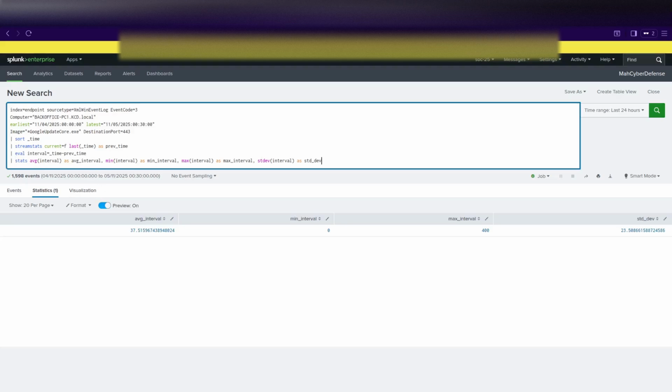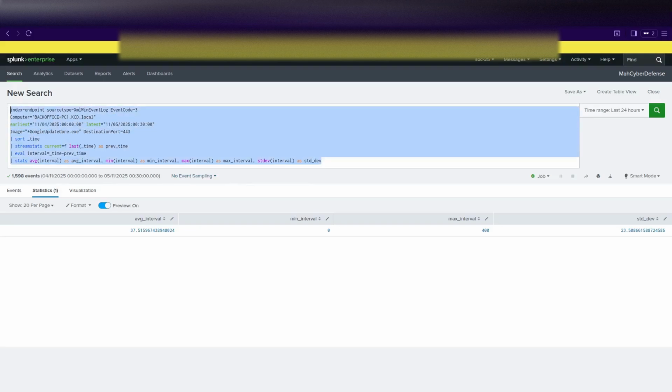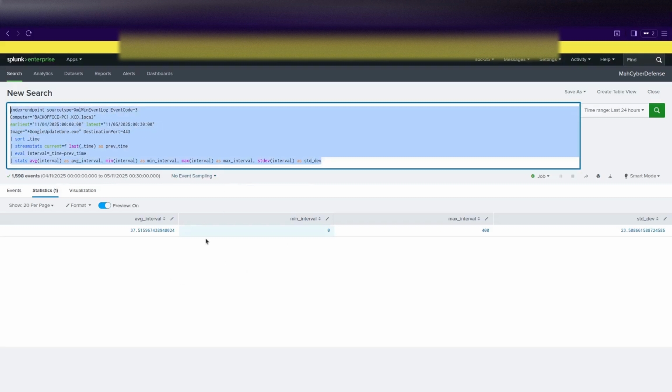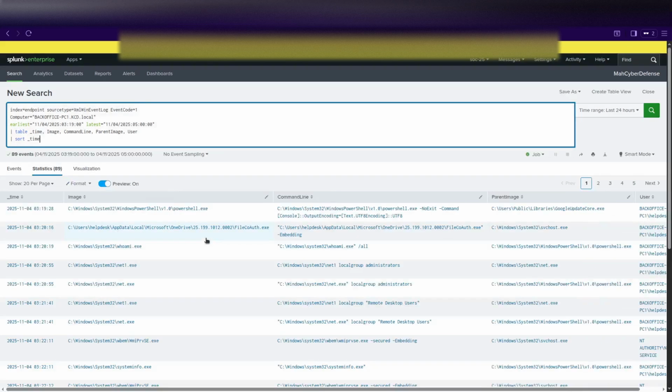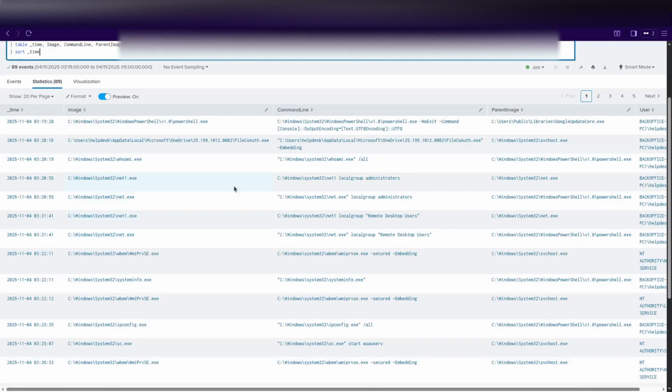So I want to go back to event code 1 and look at what the actual command line is. But that was a bit of a deviation into network and event code 3. So let's go back to event code ID 1 and have a look. We can see here, that's the discovery phase. At 03:20:19 UTC, whoami /all, full privilege enumeration. And then at 03:20:55 UTC, we can see,